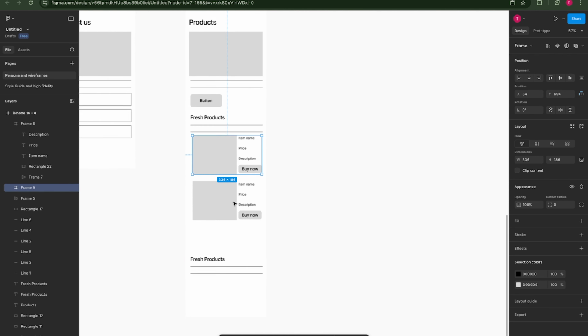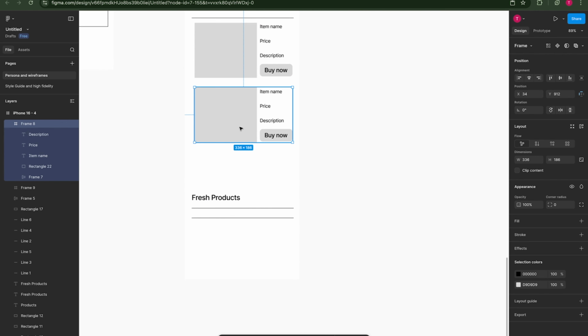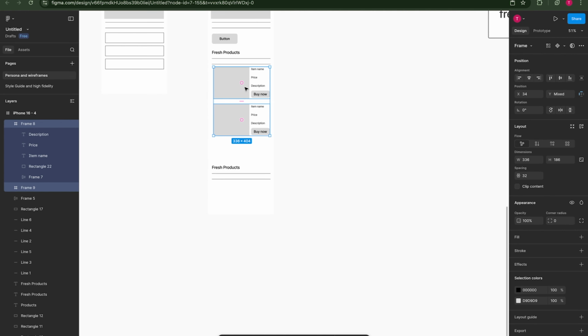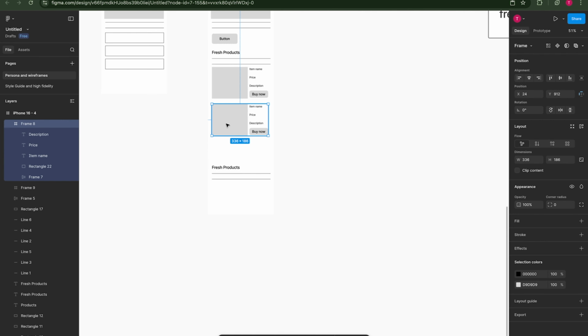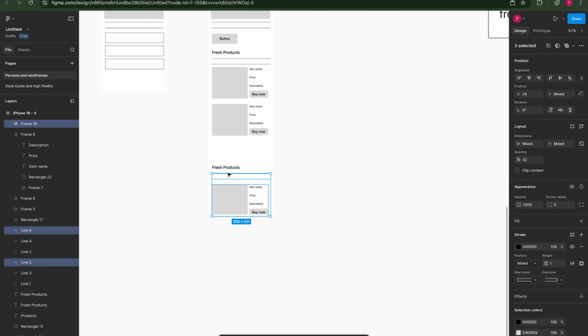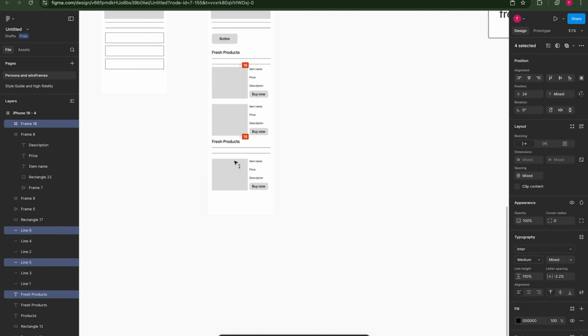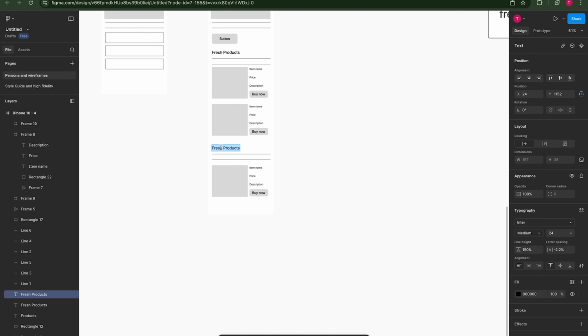grouping them together so I can reuse them. So in the next course we'll be talking about how to create variants and components. So things like this are reusable components, which I will break down more in the next class. So this is processed